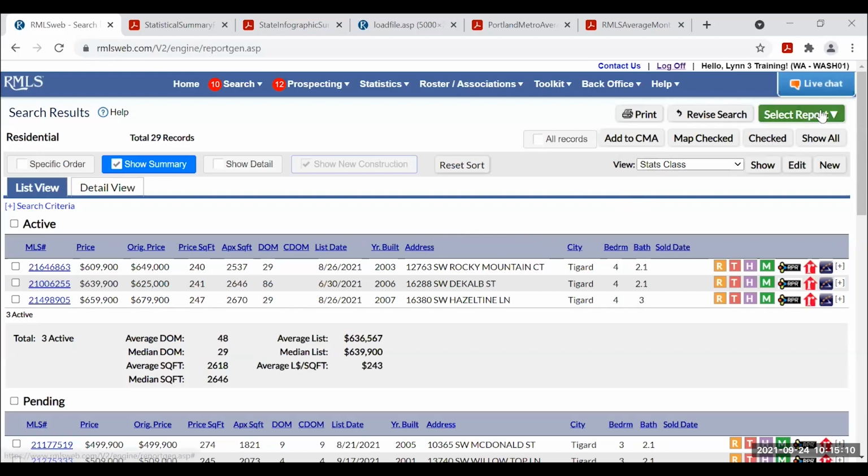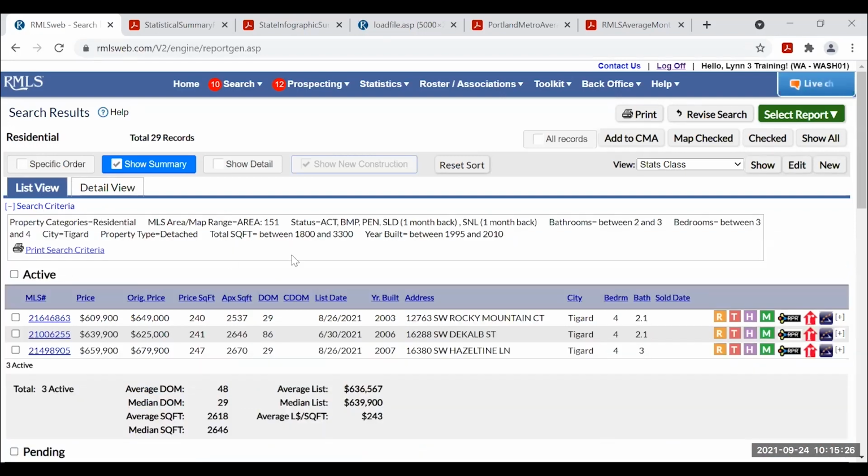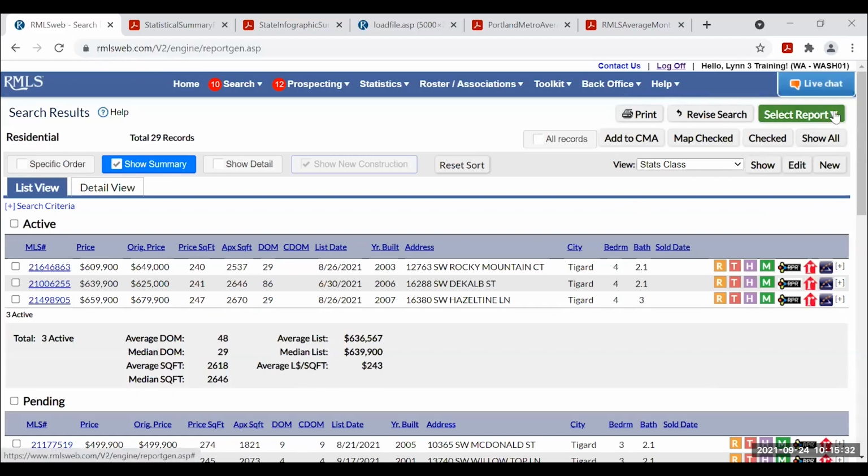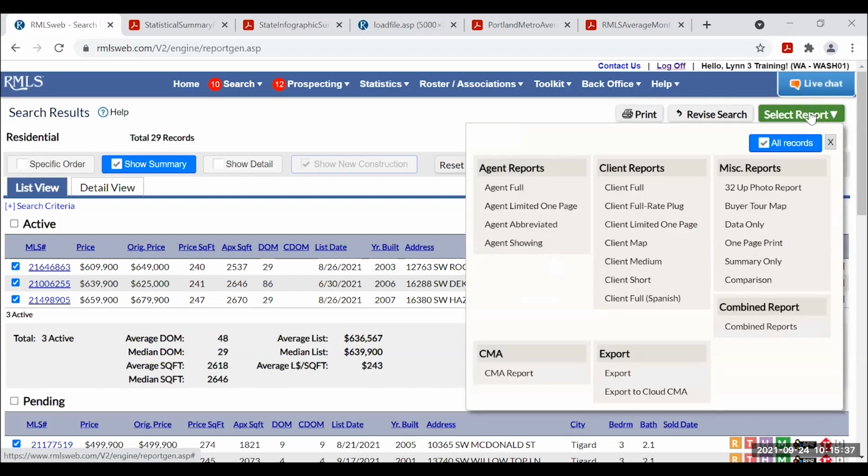Okay. And then back to this class. The other thing we want to look at at this point, besides show summary, actually one more thing before I go to this other report. If I forget what my criteria was, up here at the top left, you do have the ability to open up and see your search criteria. If you can't remember, I think that's helpful. Okay, and then the next thing on our statistical report overview we're going to talk about is on the Select Report dropdown. Notice it automatically checked all records for me. I did not check them, so it's helping me out.